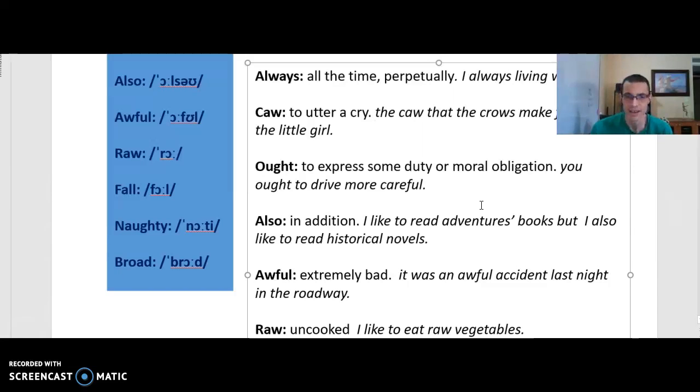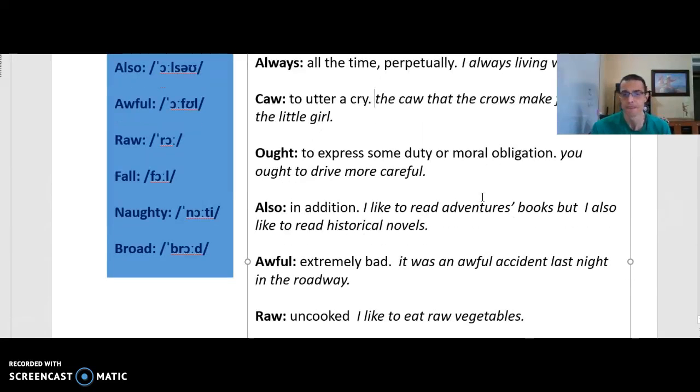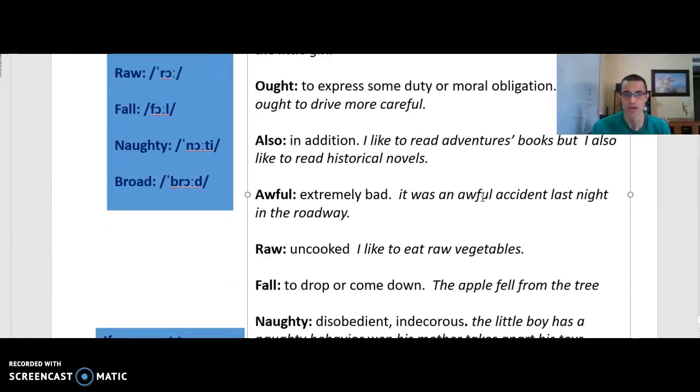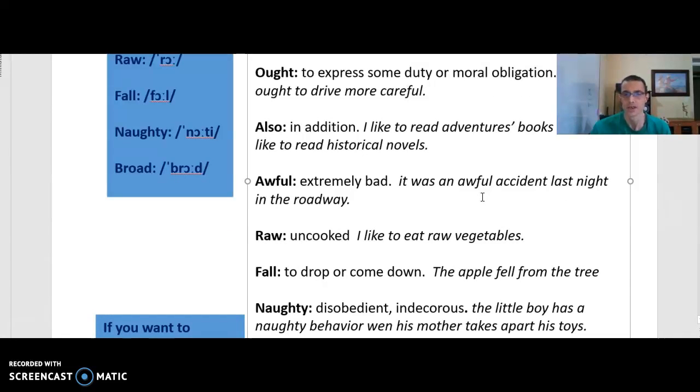In this example: you ought to drive more carefully. The next word is also, meaning in addition. In addition, I like to read adventure books, but I also like to read historical novels.